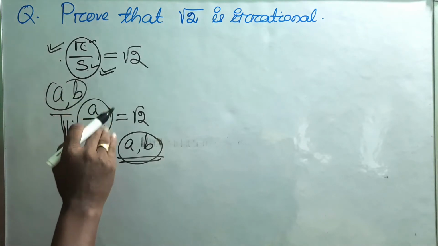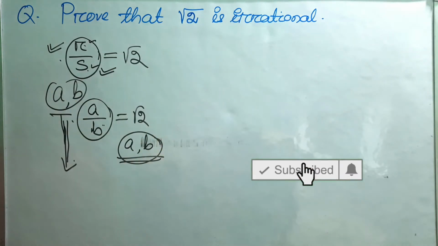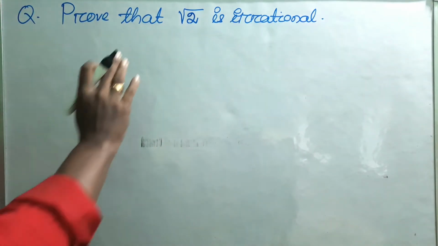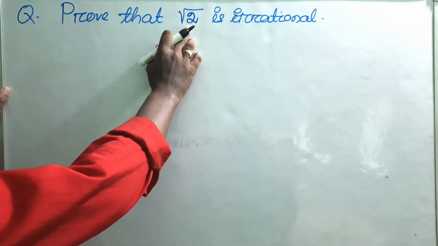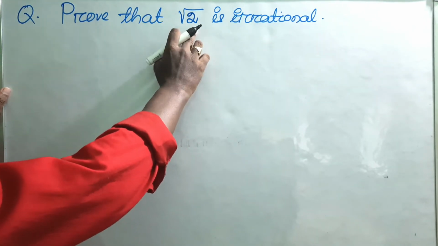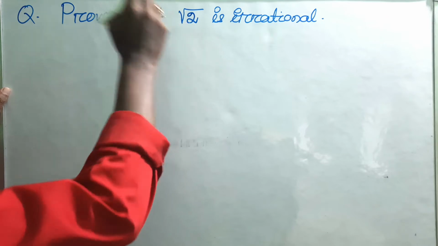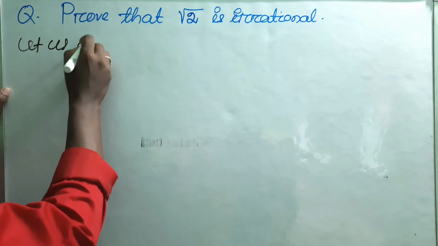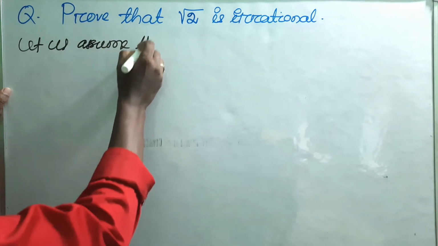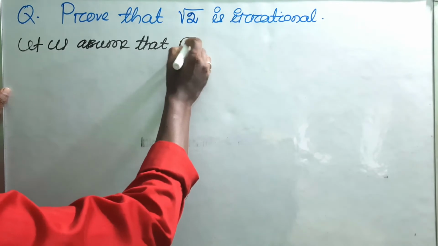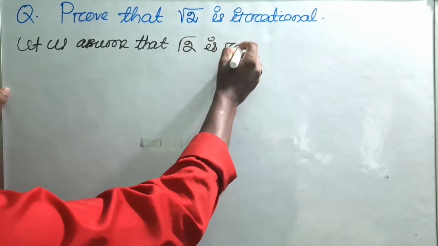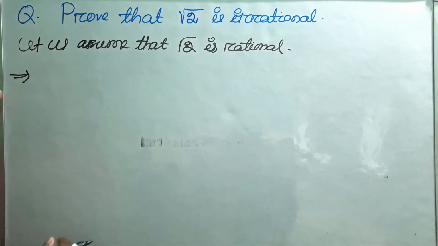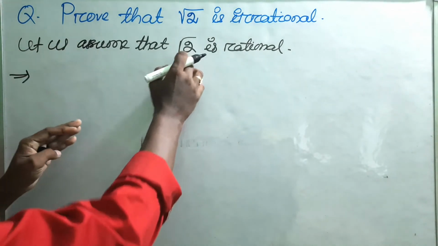Now let us solve this question. Let us assume that root 2 is rational. We have to prove root 2 is not rational, so we assume that yes, root 2 is rational. So you write down here: let us assume that root 2 is rational. Now this implies, according to the definition of a rational number,